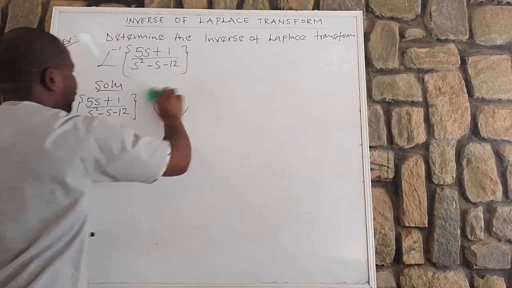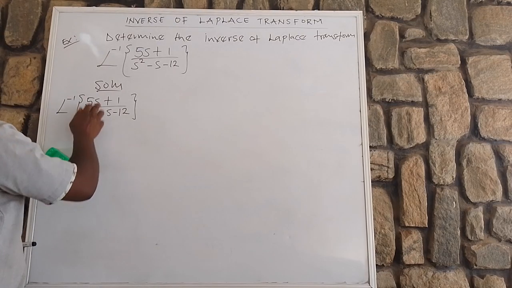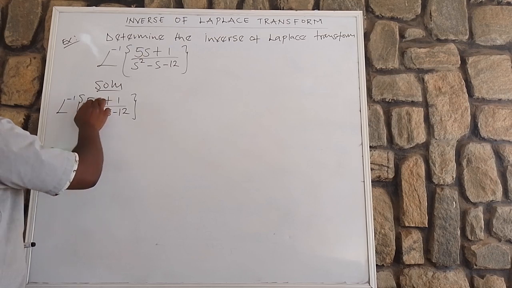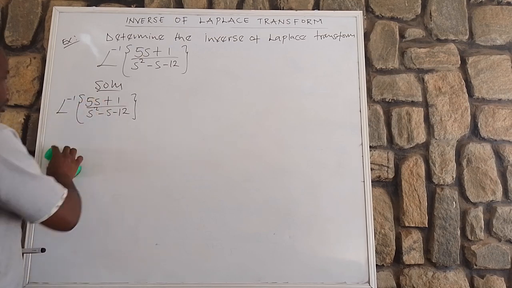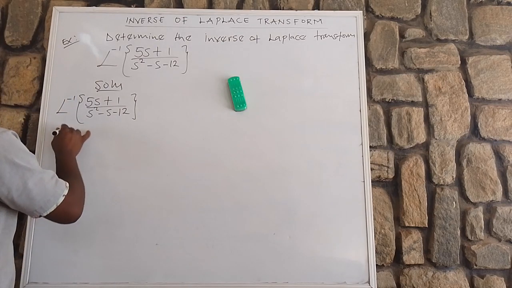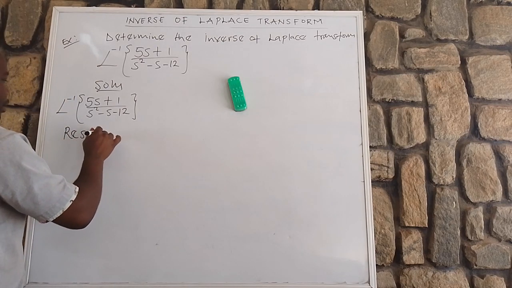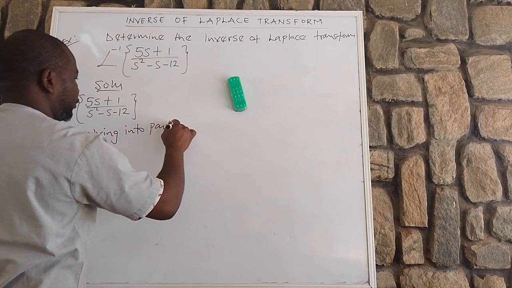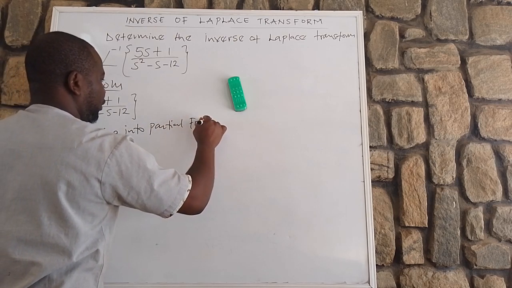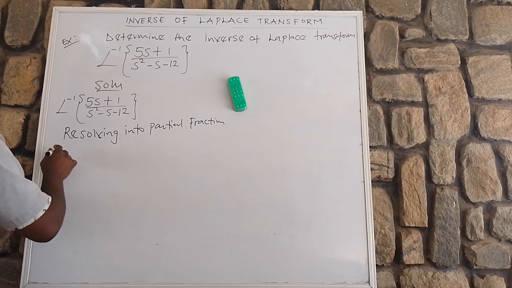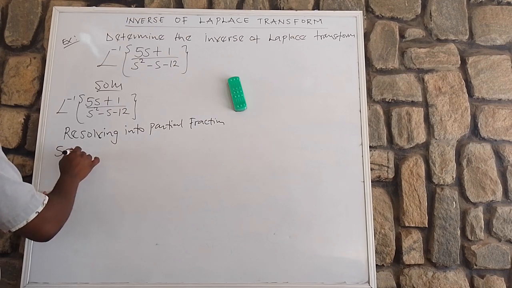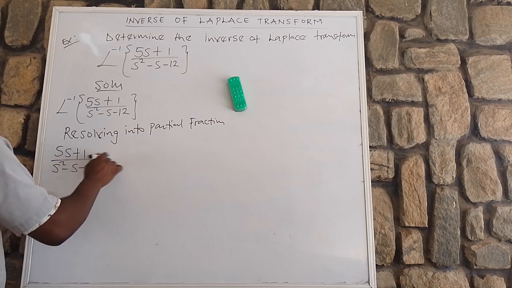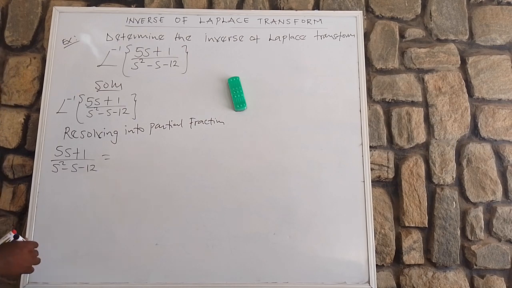So let's look at this one. So looking at this, we have s squared, we have 5s. You discover that this denominator is greater than, the power is greater than this. So we resolve it into partial fraction straight. That is, our (5s plus 1) all over (s squared minus s minus 12) will now be equals to,